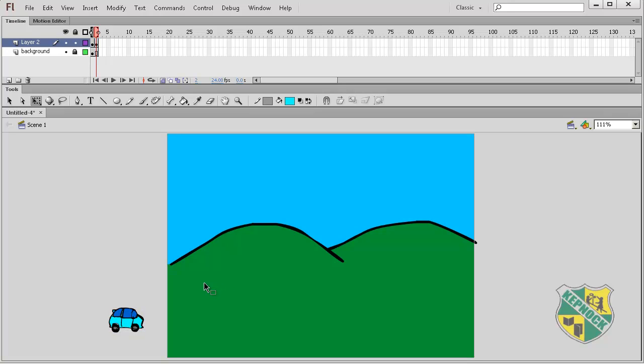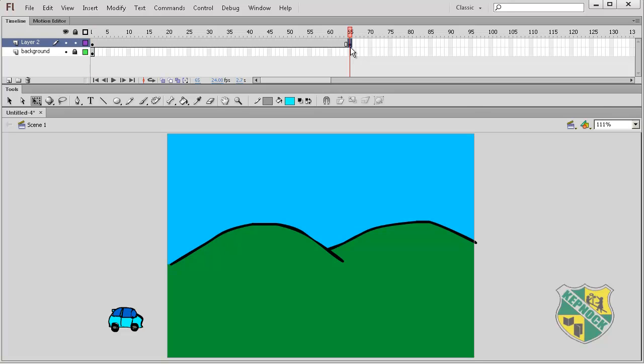If I just want a simple animation where my car moves and it doesn't have to change shape, it's not going to blow up or smash into anything, it's just going to cruise along, there's a really simple way to do it, and it goes like this. I'll turn the onion skin off. I've got a start point on frame 1. I'm going to cruise down here to, let's say, frame 65, and I'm going to make an end point. So I'm going to go